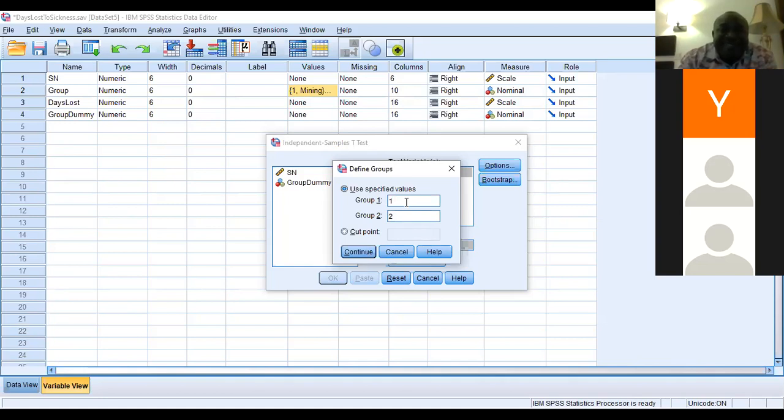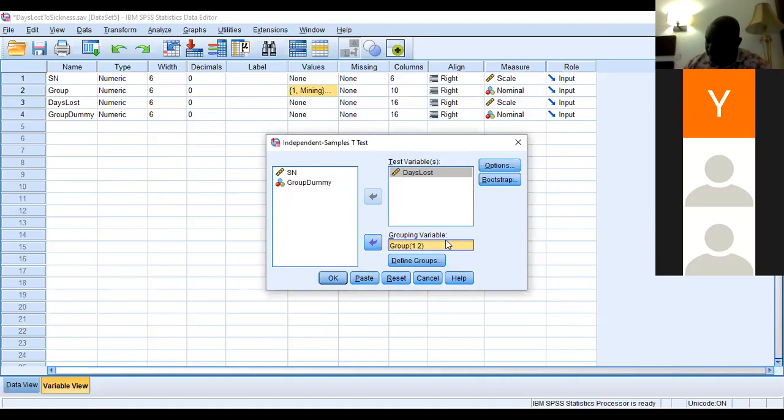But if it is ANOVA, in fact, by the time you enter ANOVA, any variable that is not numeric, you will not even see it here inside the display. That's why in ANOVA, in fact, you have to code everything you want to use. Any variable that you didn't put as numeric, you will not even see it. So that's why it's good to code it. So you now click OK.